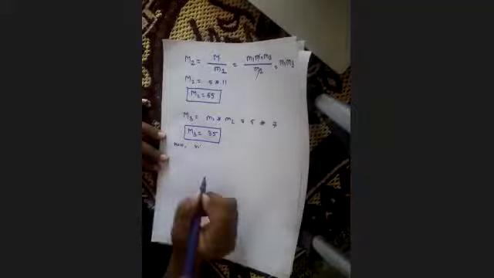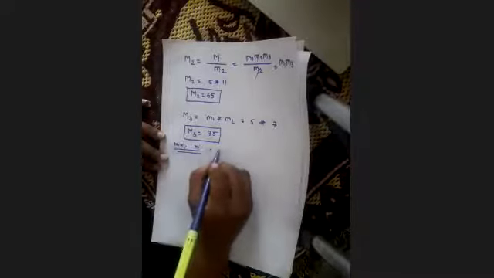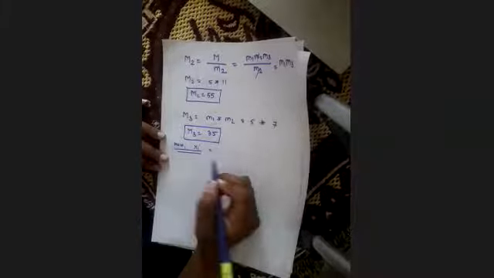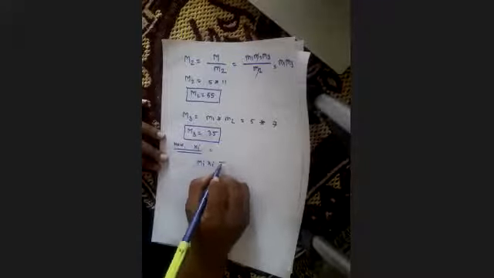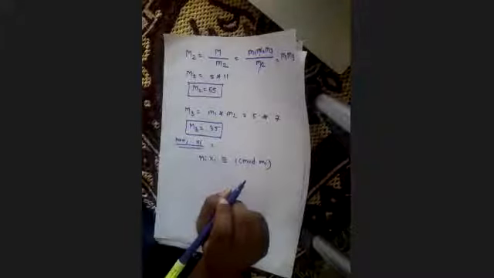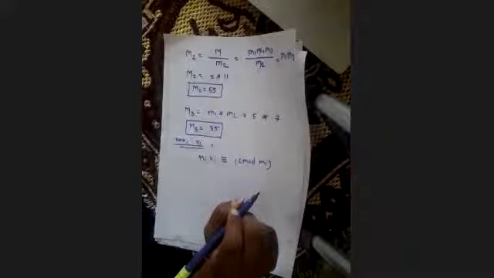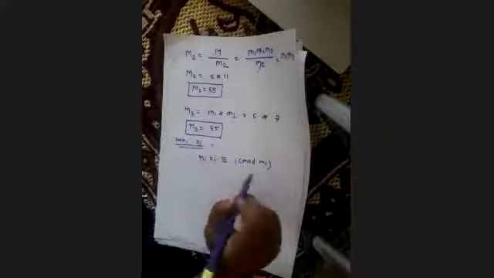Now, how can we calculate the inverse value of xi? As I said, xi is nothing but the inverse of Mi. How can we calculate that? Mi xi is congruent to 1 mod mi. See, you need to remember all these formulas. Okay, make a note of this. Whenever you are going to solve by using the CRT, you will always have to remember this formula, and you just have to put the values into that.